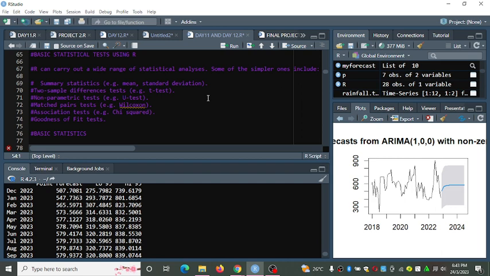Parametric tests are tests we do on outcomes that follow a specific distribution model.